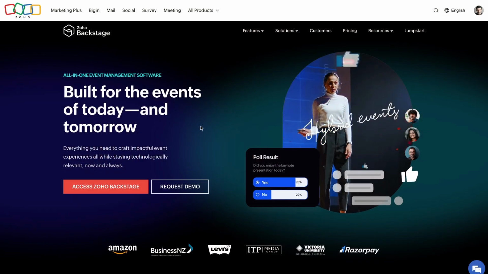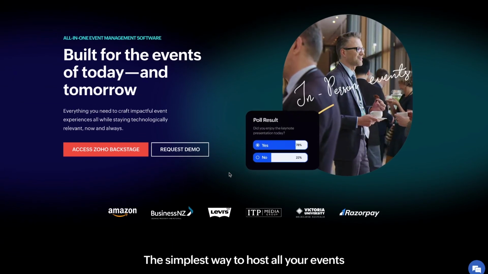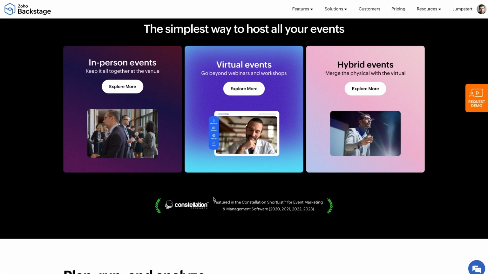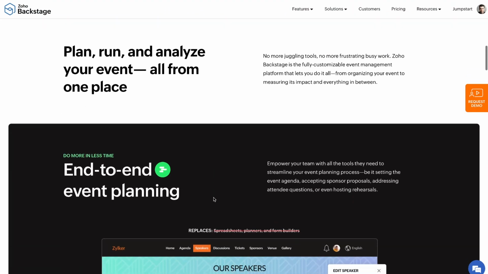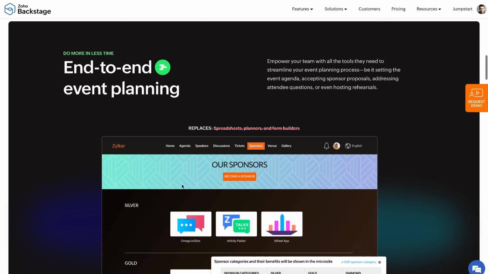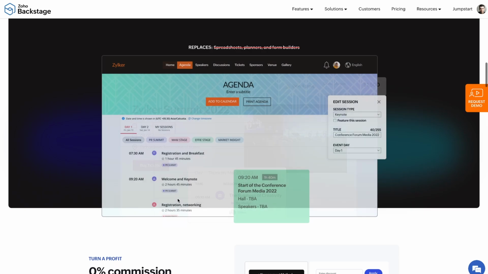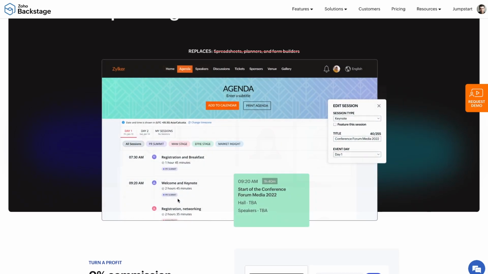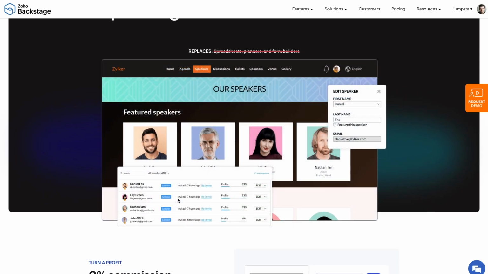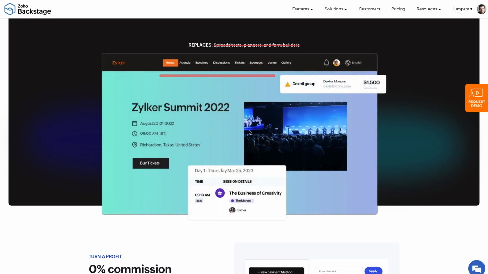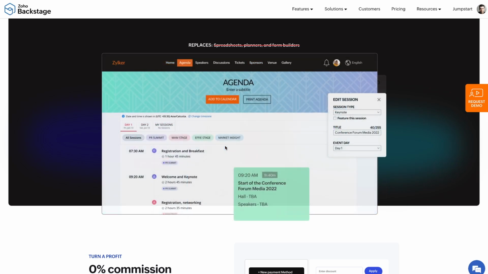Now, Zoho Backstage allows you to manage both virtual events and physical events in the best way possible by having you store that information in an application as opposed to in different Word docs, spreadsheets, whatever you're using to collect that information. Instead of using different forms and trying to integrate them together, use a more unified system like Zoho Backstage. So initially you would create the event, or you would create the record for an event